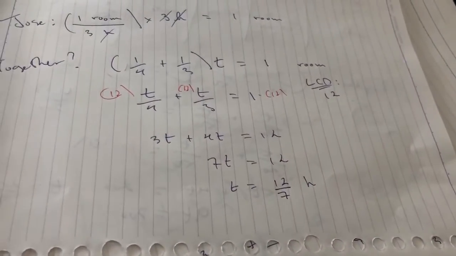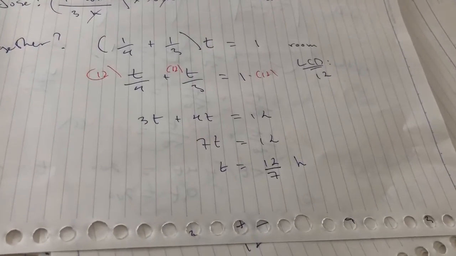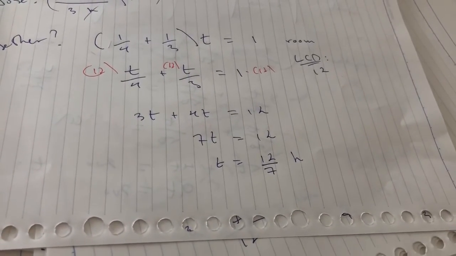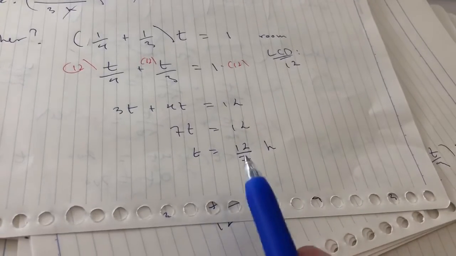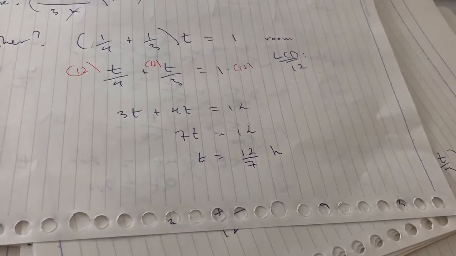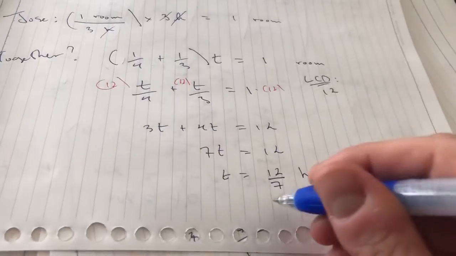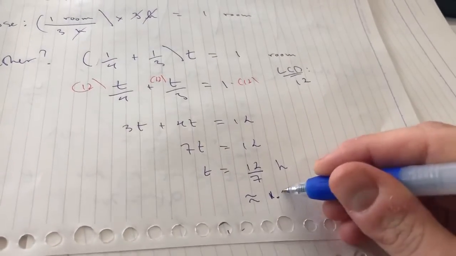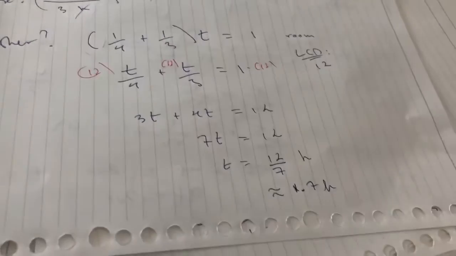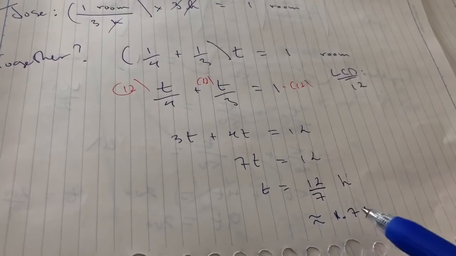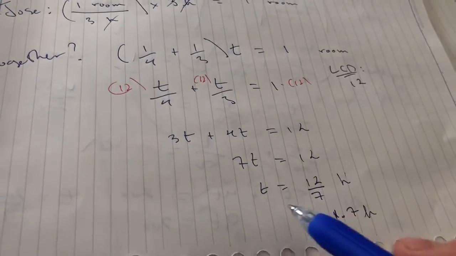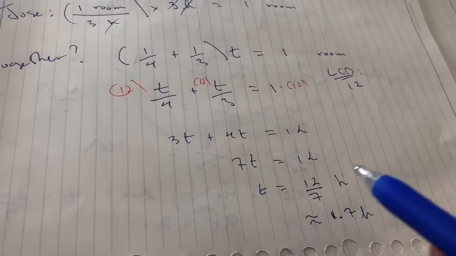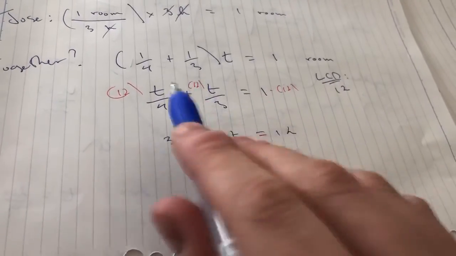And they didn't ask us to round to the nearest 10th or 100th or 1,000th or anything, so really we should leave this as our final answer. But if they wanted us to round it, we could say, well, it's approximately equal to 1.7 hours, right? But this would be ideal. Since they didn't ask us to round, we can just leave this as an exact value, right? So it would take 12/7 of an hour to complete one room if they are working together,